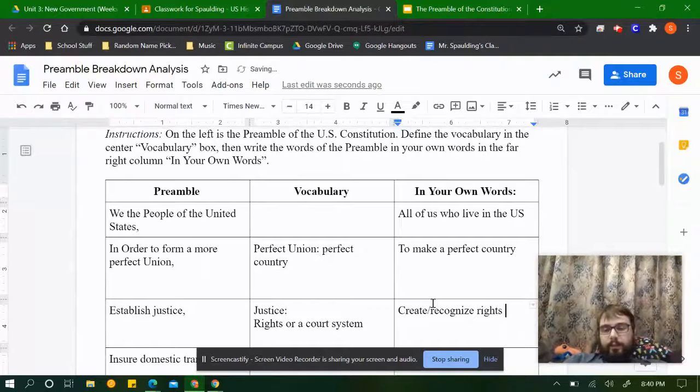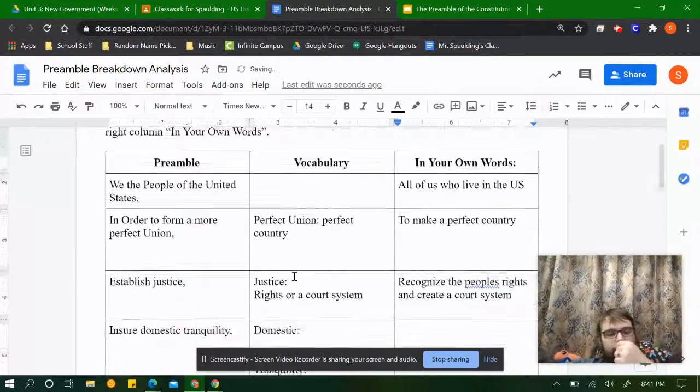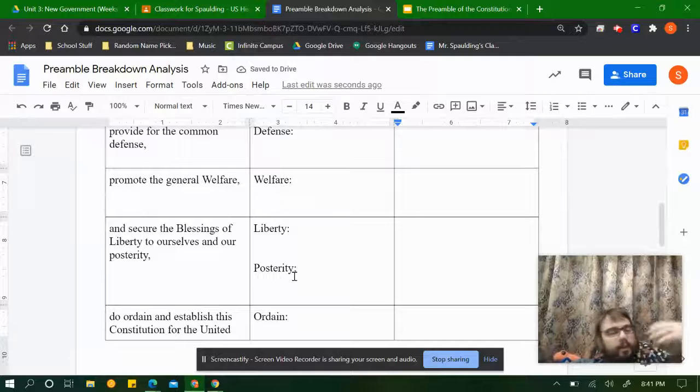Recognize the people's rights and create a court system. Sorry, the dog is getting very vocal for some reason. All right, you guys can go ahead and continue the rest.